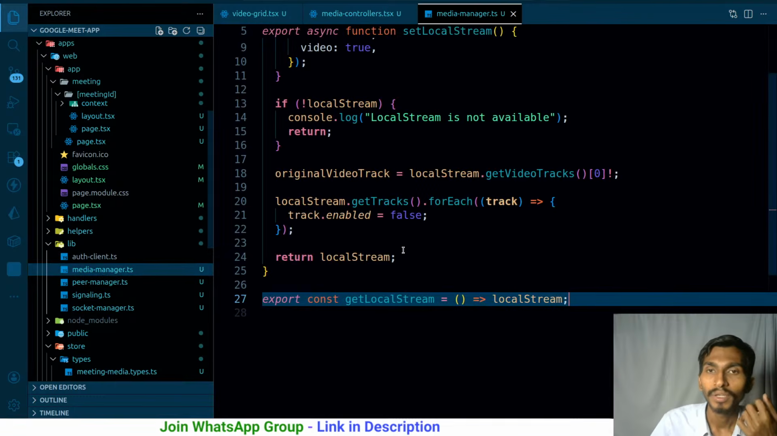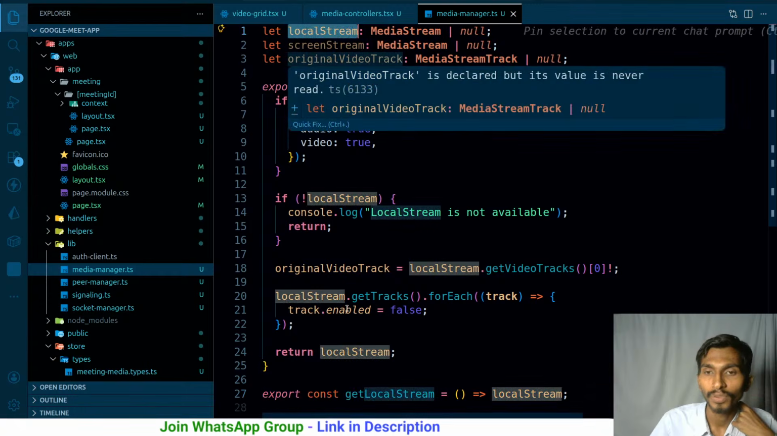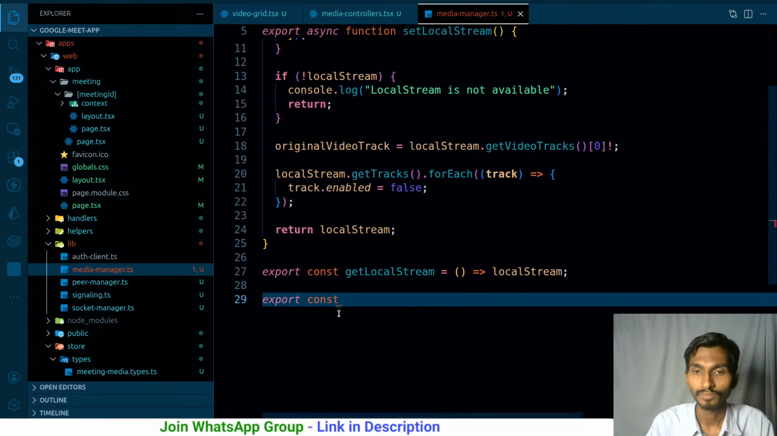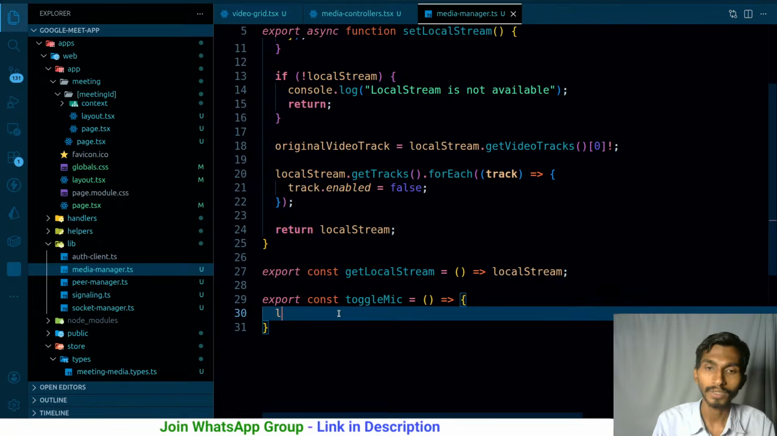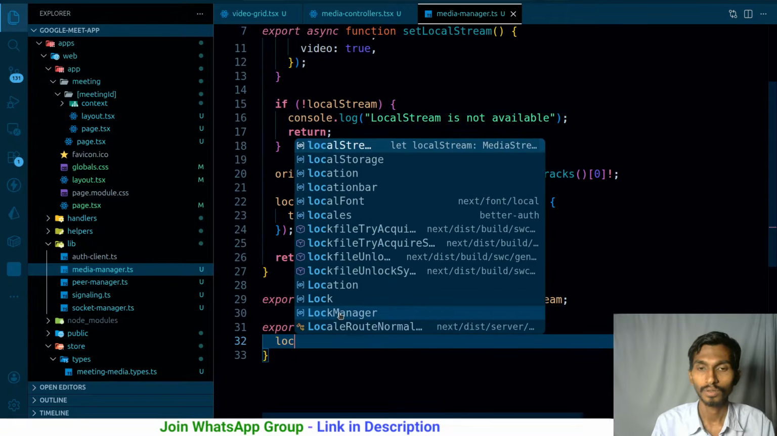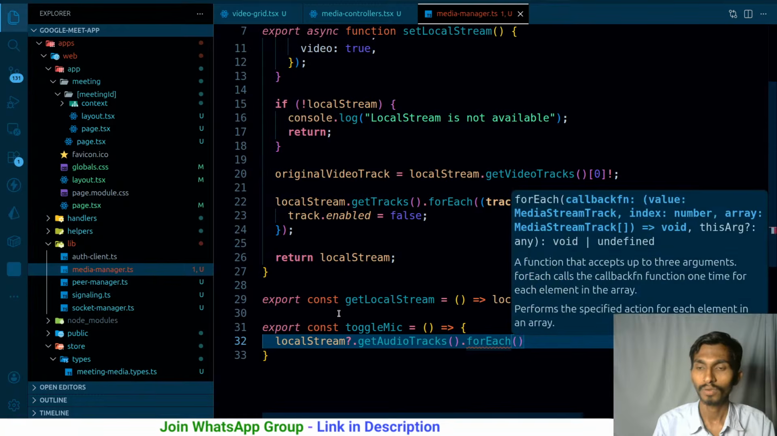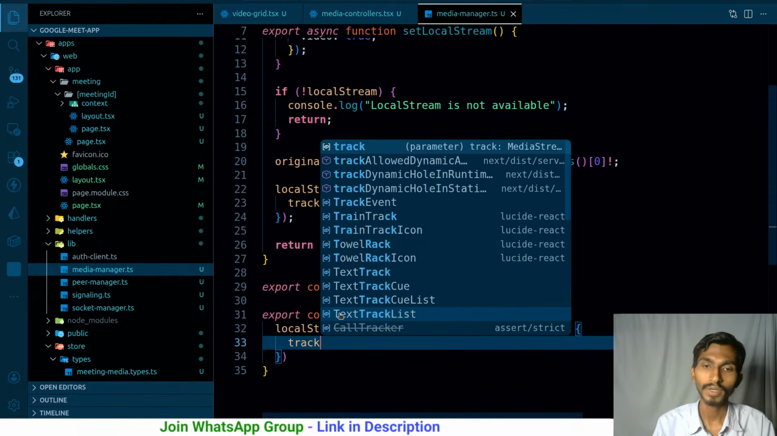Lib media manager. Inside media manager, I have my local stream. So over here I will have few methods. First one is gonna be export const toggle mic, and what will this do? It will toggle the mic, so it will get the local stream dot get audio tracks. Once it gets the audio tracks, for each, it will get the track from there. Once it gets the track dot enabled